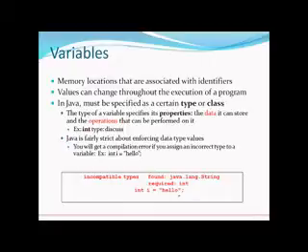So whenever we declare a data type, there are two things associated with it. First is the range of values that it can hold, as we have discussed earlier, and the other thing is the number of operations that can be performed on that particular data type variable. Okay.